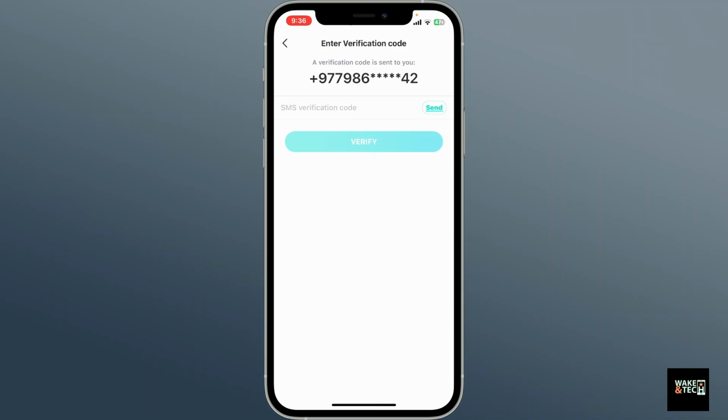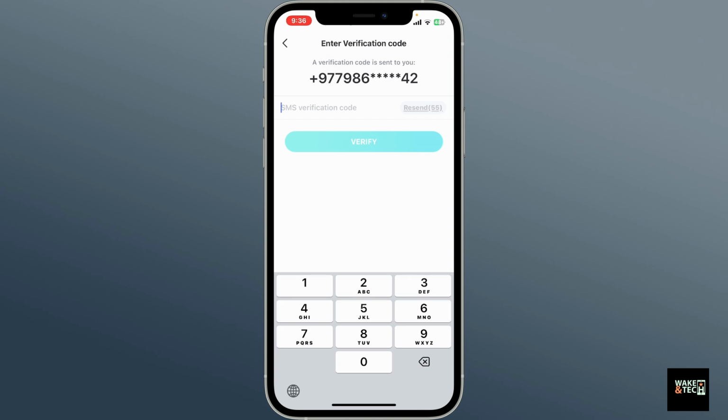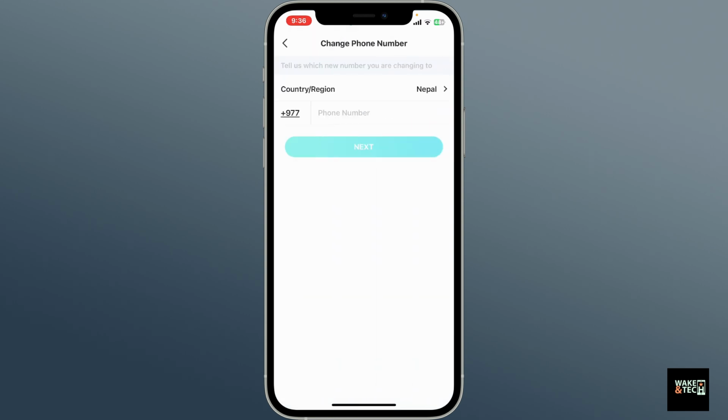Now, you'll need to first verify your current phone number. Tap on the Send button and you'll receive an SMS verification code sent to you via SMS. Wait for the SMS code to arrive on your mobile number, and once it does, type it down in the SMS verification code box. After typing it down, click Verify, and on the next page, write down a new phone